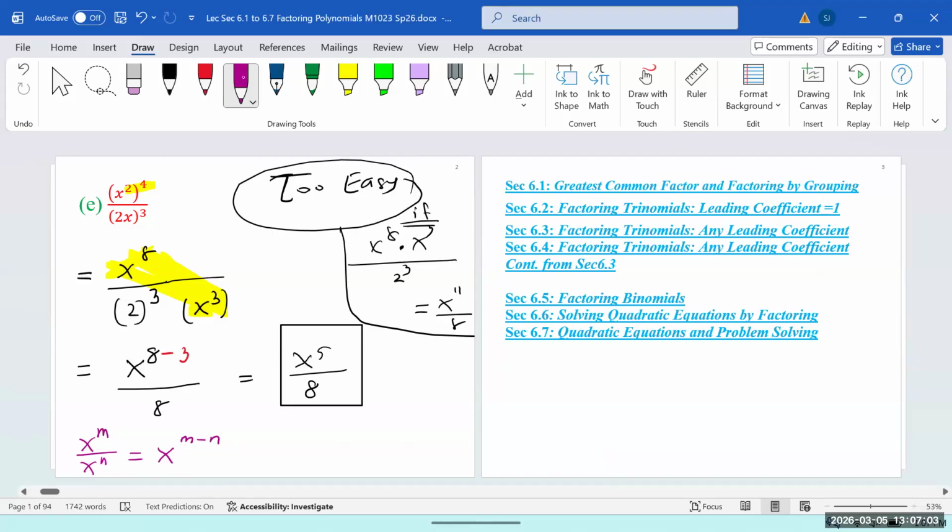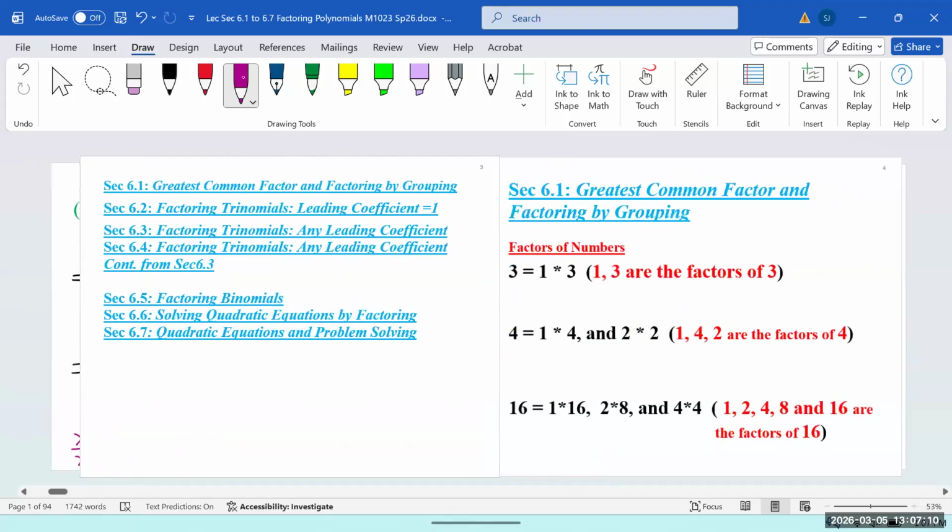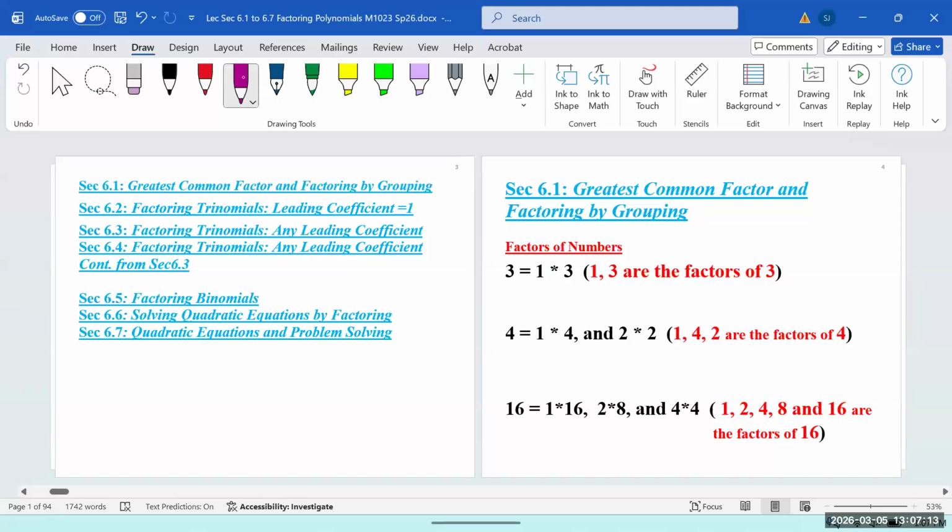So instead of following section by section, I actually decided to go concept-wise. We are going to start with 6.1, where we're going to talk about the basic factoring rules. How do you factor basic things? And then building upon all this knowledge, we are going to gradually go to higher level one by one. Maybe we have different sections, I'm not sure, but I arranged this chapter material-wise, from easiest, little by little, to the hardest one.